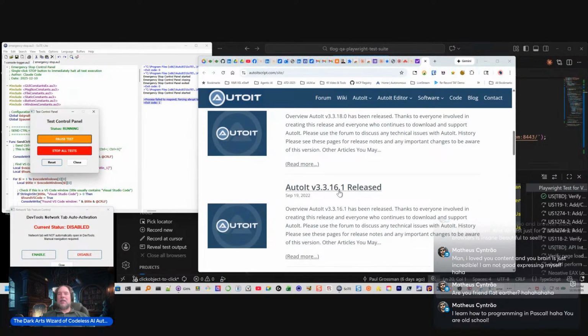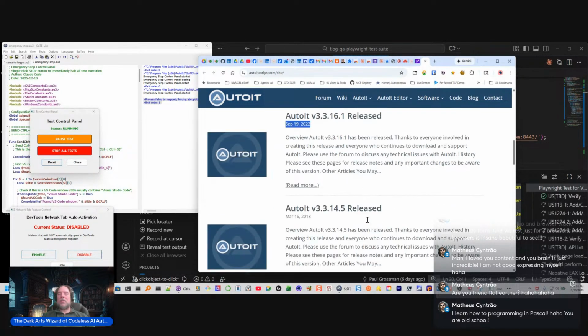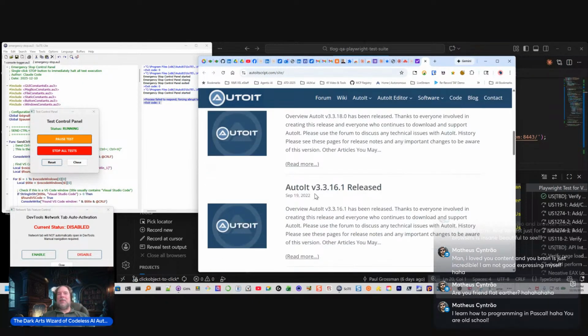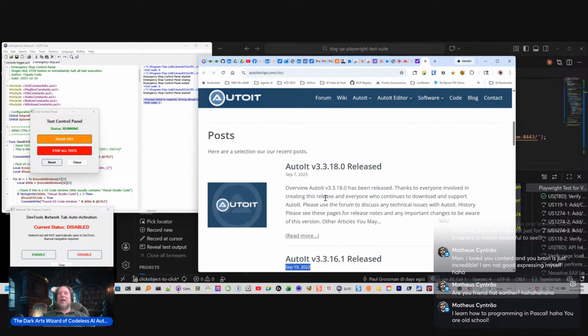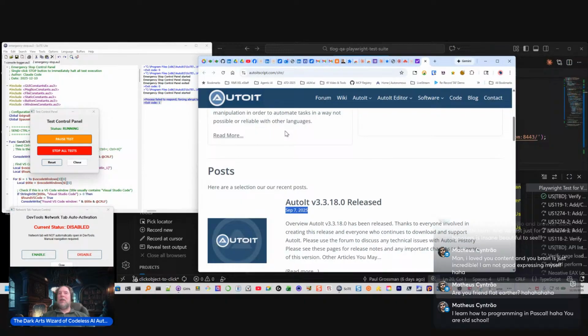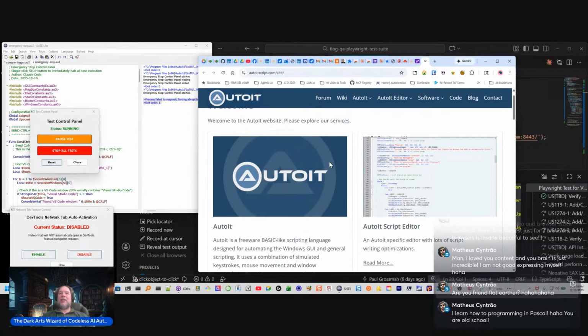Let's see, 2022 was one of their releases, look at this. Okay, so they had a release in 2018, and then they went dormant for 4 years, and then they had a new version in 2022, and then in 2025 they had a new version, 3.3.18, and they have a whole bunch of stuff. This thing is beautiful, and the reason it is out here is because